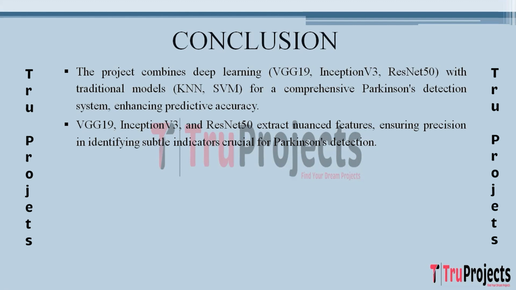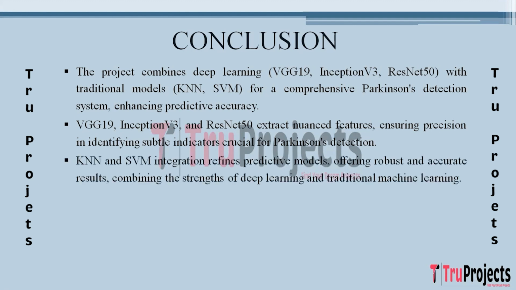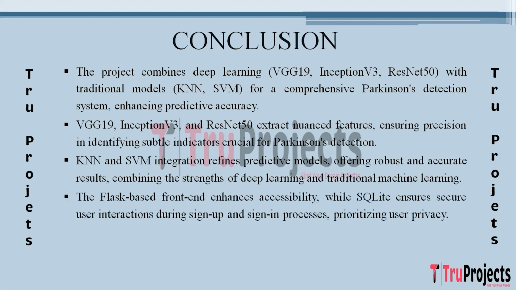The implementation of k-nearest neighbors and support vector machines as traditional machine learning models enhances the predictive capabilities of the system. The combination of deep learning feature extraction and traditional model refinement results in robust and accurate predictions. The incorporation of the Flask framework facilitates the creation of a user-friendly front end, enhancing accessibility for users. The integration of user authentication mechanisms using SQLite ensures secure interactions during sign-up and sign-in processes, prioritizing user privacy and